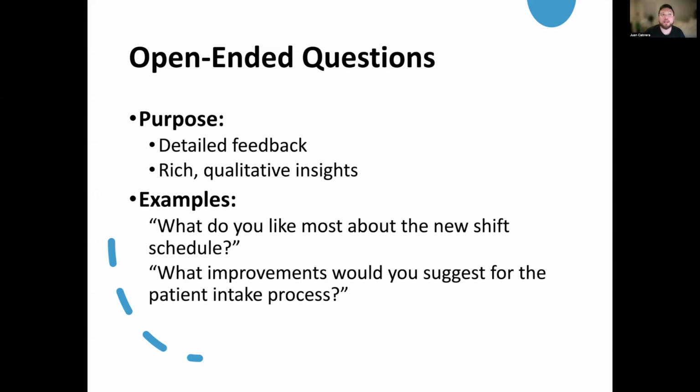This type of question encourages nurses to share their positive experiences and specific aspects they appreciate, providing us with in-depth feedback. Similarly, if we're looking to improve the patient intake process, we might ask, what improvements would you suggest for the patient intake process? This question invites nurses to share their ideas and suggestions for enhancements, offering valuable perspectives that might not be captured